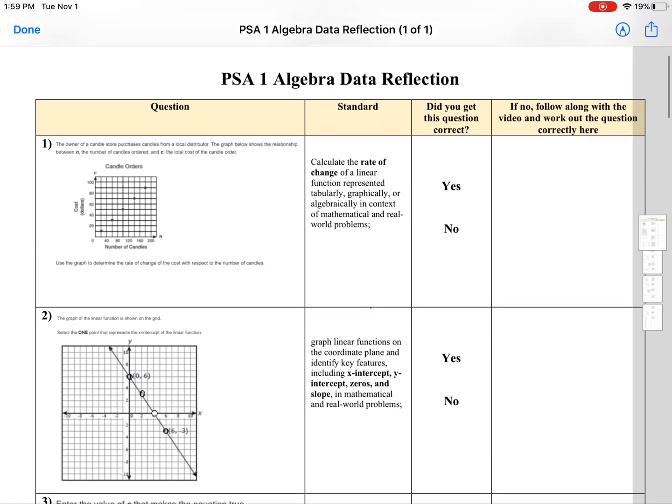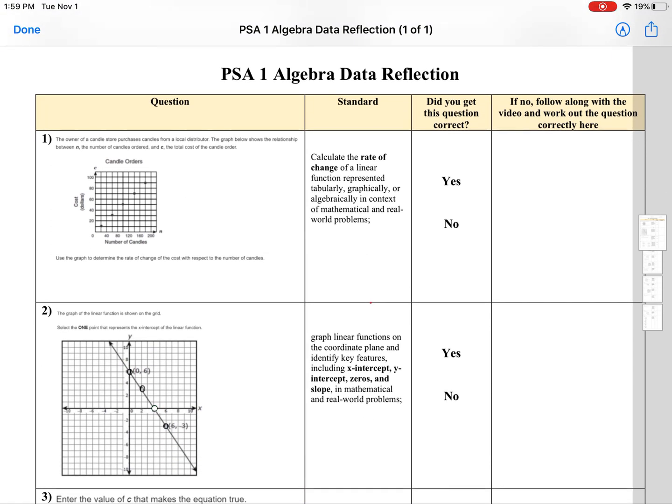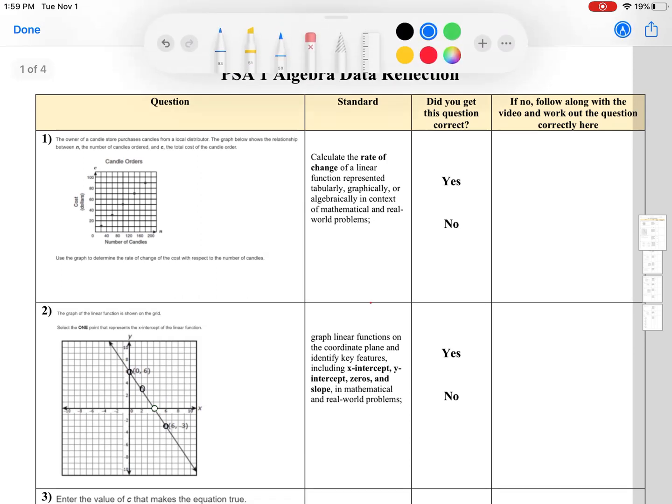All right, so today we are going to take a look at your Algebra 1 PSA. So you're going to look over everything that we've learned in the first 9 weeks of school. So first on this paper, you went through and you circled which questions you got correct versus which questions you got incorrect. So what you are going to do with these now is that if you had circled no for any of these boxes, you're going to complete this very last box on the right by showing your work for